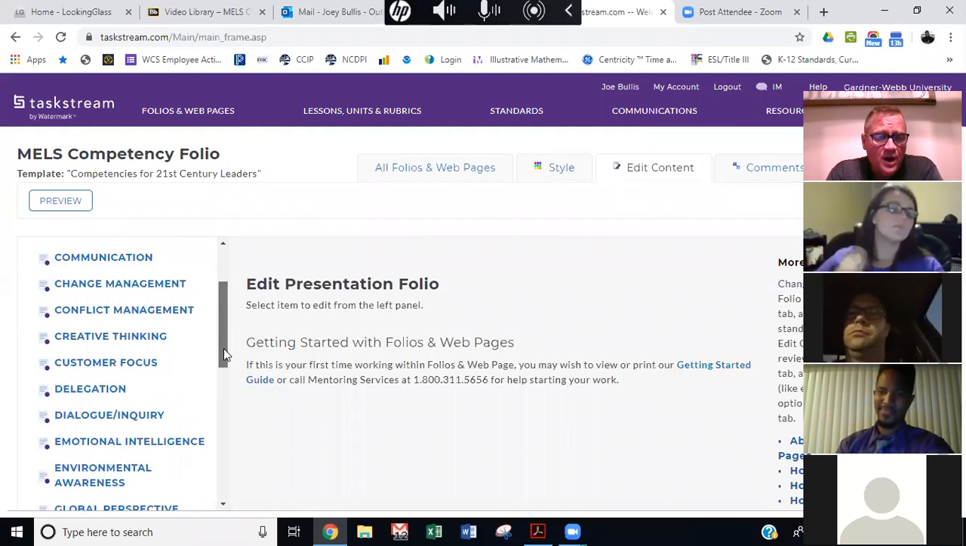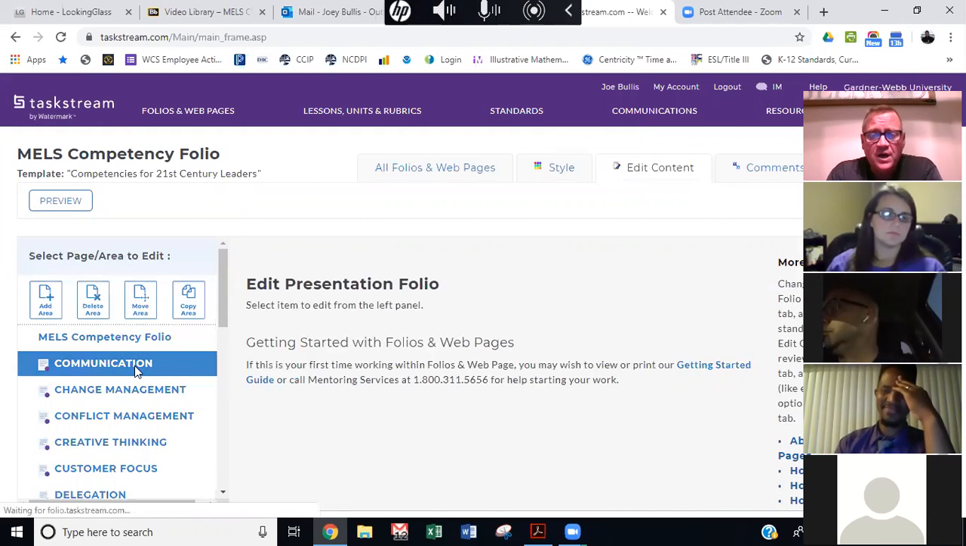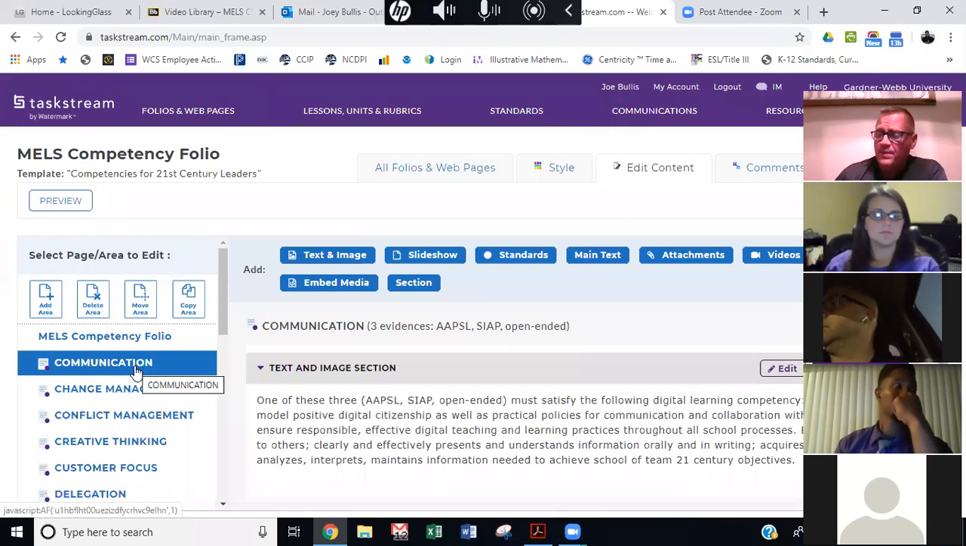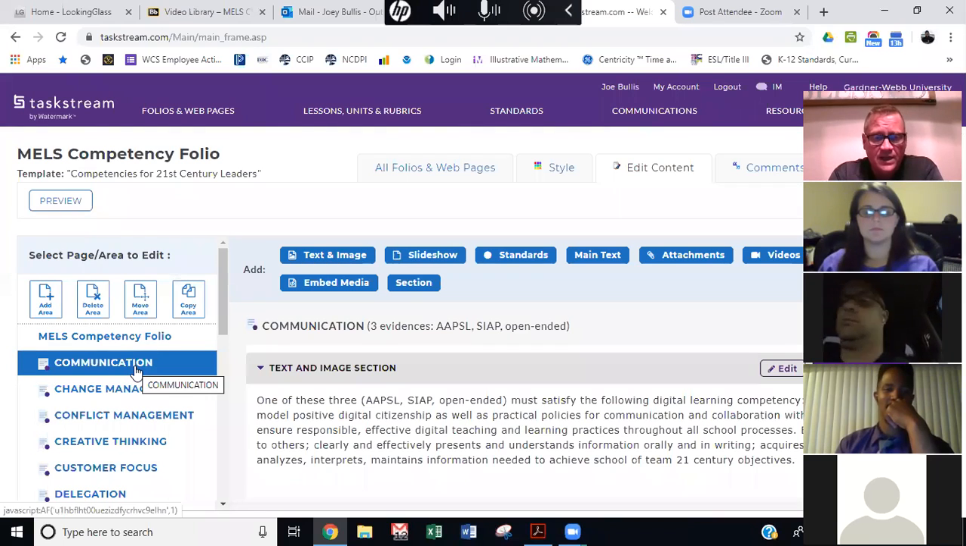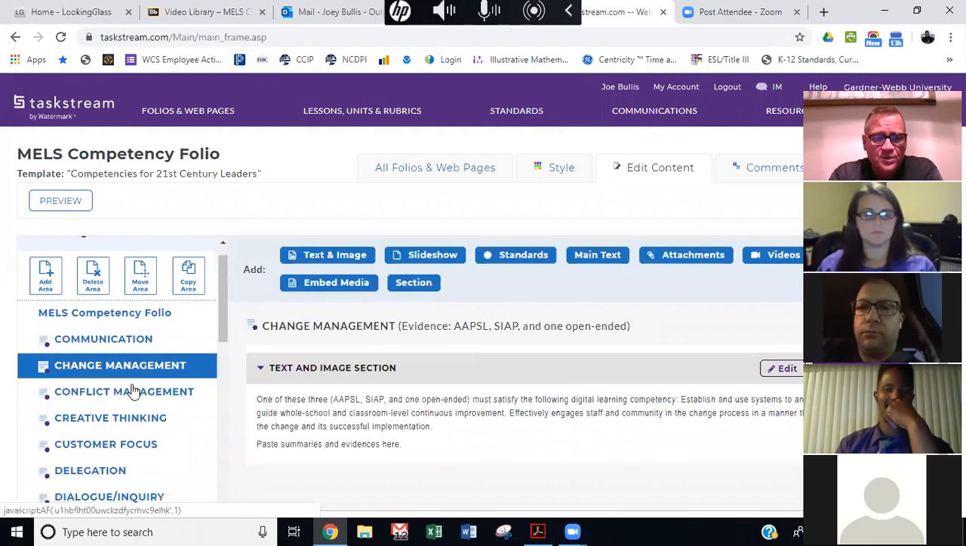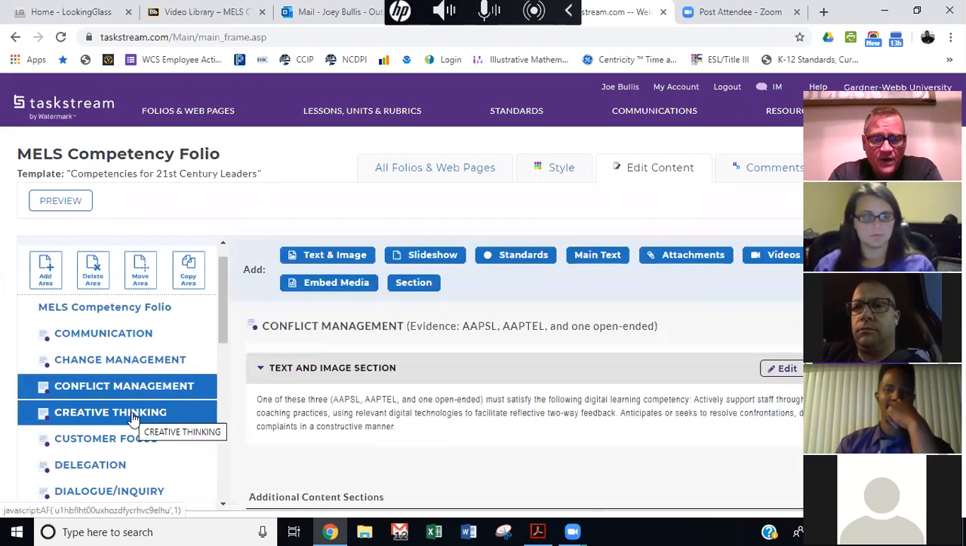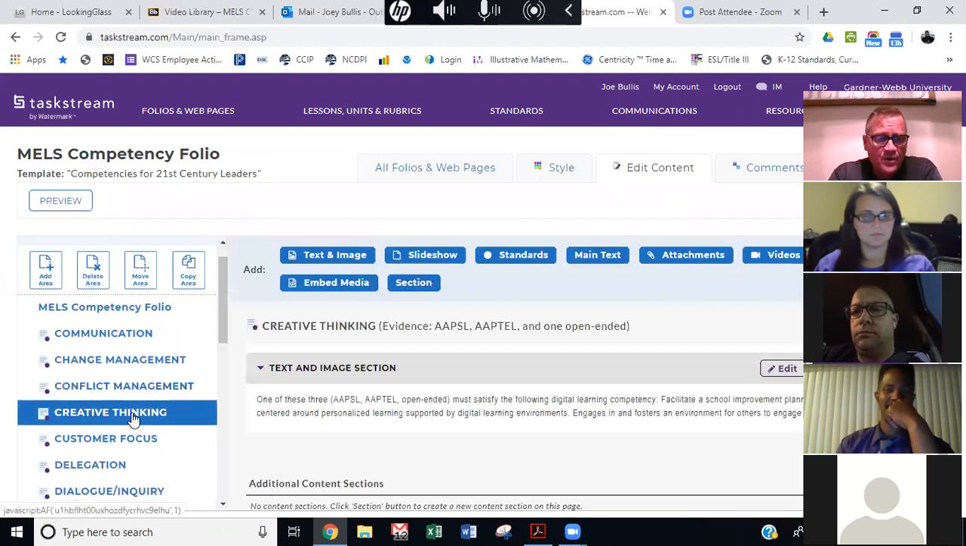Here are the 21 competencies, and the best thing to do is to go through each of these competencies with a pen and a piece of paper and say, okay, communication, that's applicable to the ABSL. Change management, okay, that's applicable to the ABSL. Conflict management, I've got to get an artifact for that. Creative thinking,